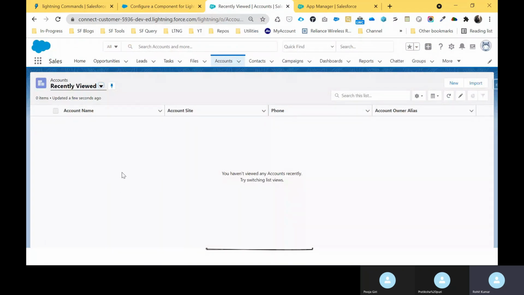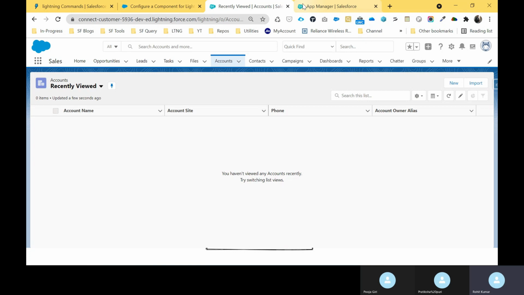Under this account, you cannot see right now any utility item. Some small icons like feed, chatter, something like that, would be at the bottom of this record here, right?